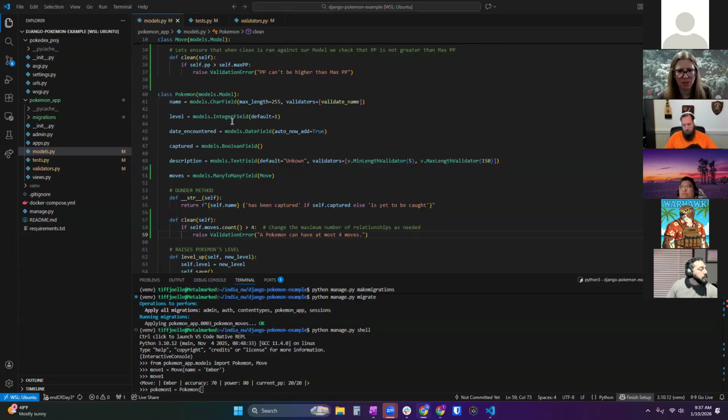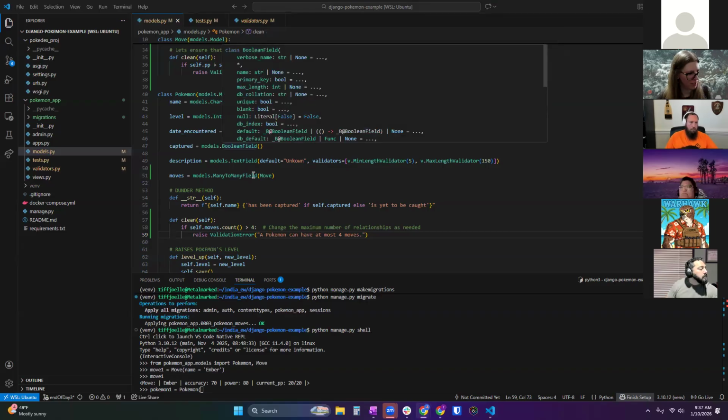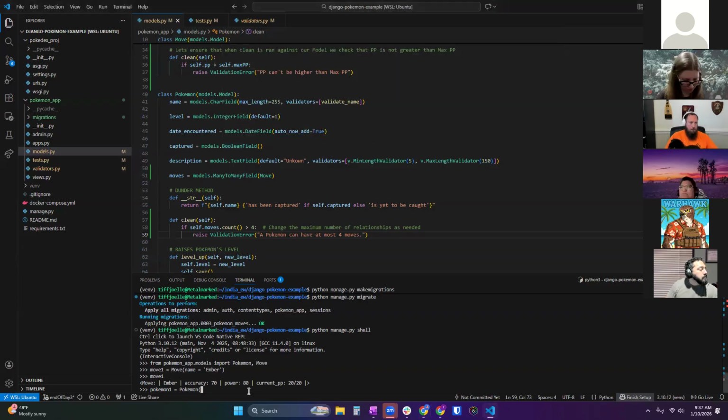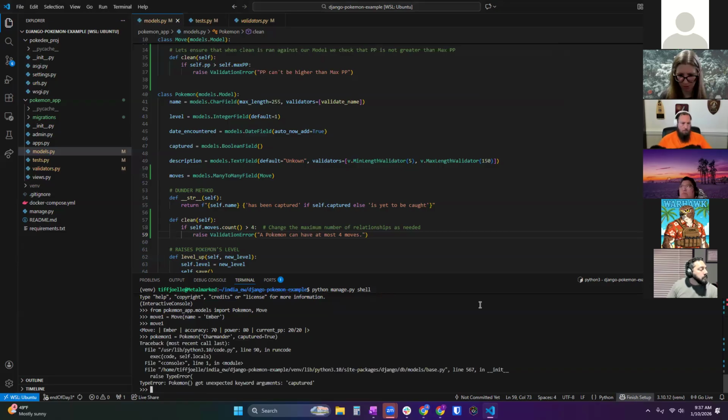I guess no. Well, level 1, yeah. But the Boolean we should probably give too. So let's go ahead and do Char. We're going to do Charmander because I'm giving him a low level skill. And then we're going to give captured equals true. Type error. Oh, I spelled it wrong. Captured.